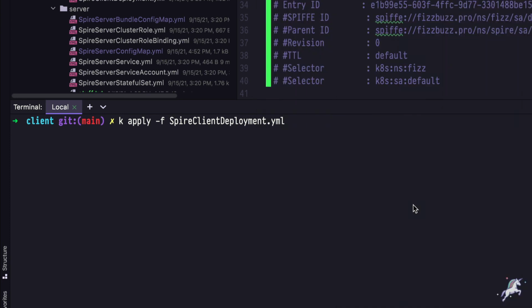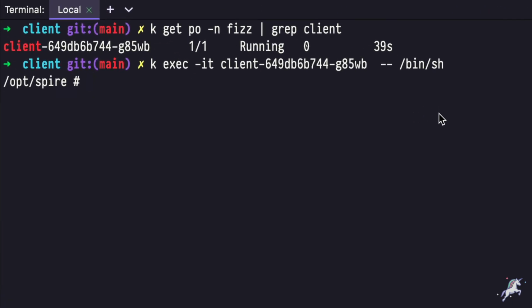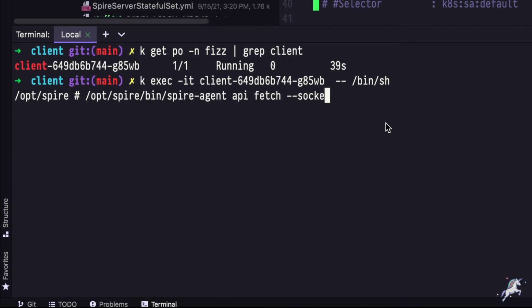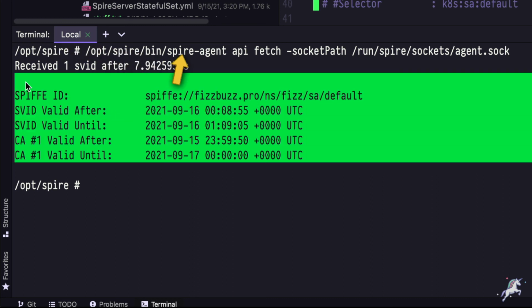So let's deploy the client workload to the cluster by doing a kubectl apply -f spire-client-deployment.yaml. And okay, let's get the name of our client pod. Then shell into it by doing a kubectl exec -it, the name of the client pod, -- /bin/sh. So we are in the client pod right now, and we can talk to the SPIRE agent's domain socket from within this workload container, because we have this /opt/spire/bin/spire-agent binary that can actually communicate with that domain socket. So we'll execute /opt/spire/bin/spire-agent fetch x509 -socketPath /run/spire/sockets/agent.sock, where spire-agent